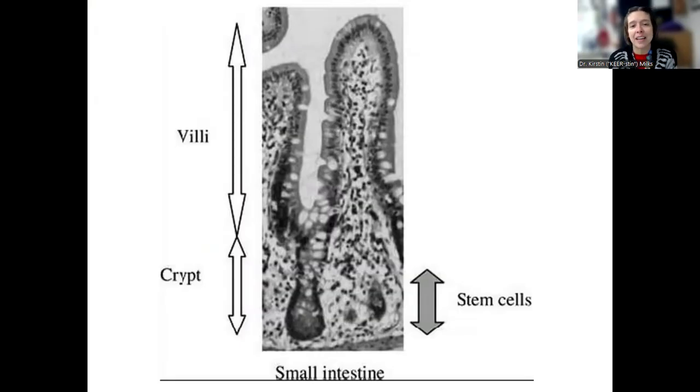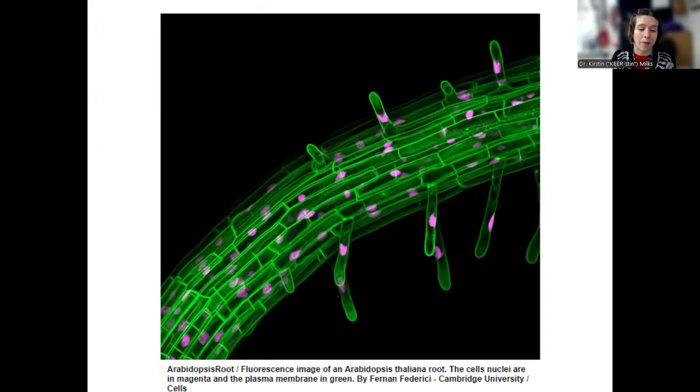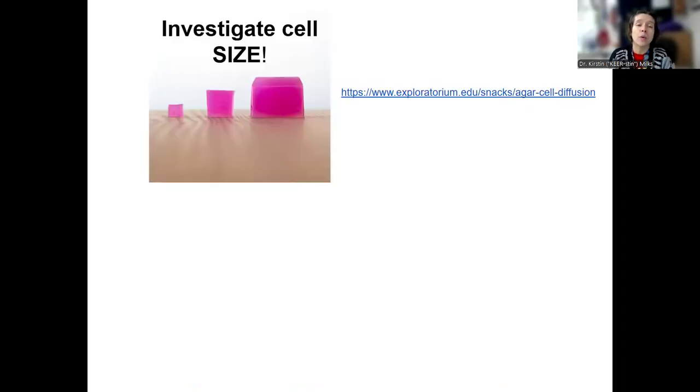All right, this is the small intestine, and you can see that there's stem cells down there at the bottom. Each of these dots is a nucleus. See the shape in your intestine? Those cells are working together to make a shape like this. And we even see that shape on the cellular level, whether we're looking at root hairs, for example, as you can see here. In this case, the cell nuclei are in magenta and the plasma membrane is in green. We see this shape, this protrusion, valleys, and we see it again and again and again in tissues whose job is absorption. So with that in mind, we are going to investigate the effects of cell size on a really